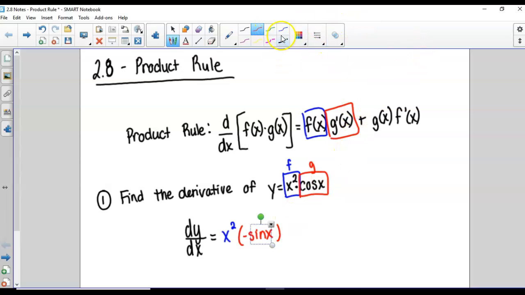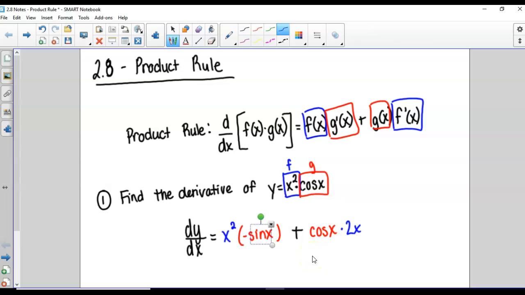Then we have to put a plus sign here, like we see in the formula. Then we have to take g of x, which is cosine of x. And then we have to multiply last by f prime of x,